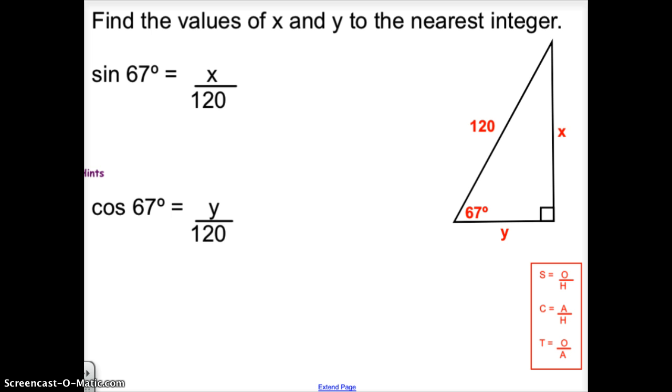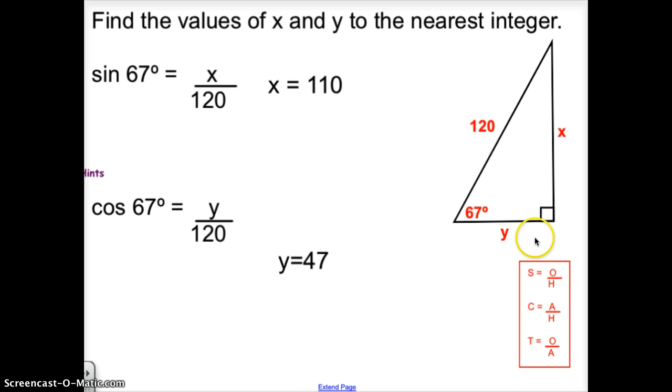Find the values of x and y to the nearest integer. The sine of 67 degrees and the cosine of 67 degrees looks as follows. Using the ratios and the sine and cosine functions, you have the table on page 311 in your textbook to find the sine of 67 degrees, which is 0.920, and the cosine of 67 degrees, which is 0.3907. In that case, you take those two ratios, multiply them by 120, and you have x equals 110 and y